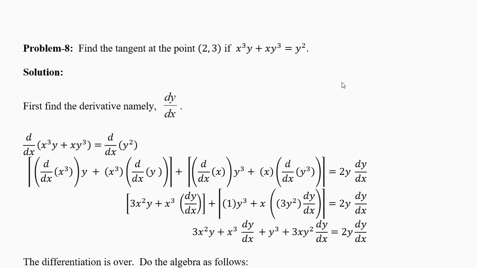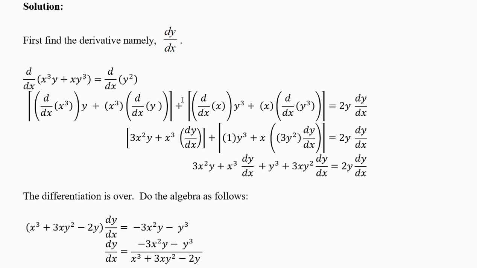Now the last question of this topic. Find the tangent at the point 2 comma 3 if x cube y plus xy cube equal to y square. The first step is to find dy by dx. Then calculate the slope, then use the equation of the tangent line. Tangent is a special line which touches the curve at one point, and at one point is 2 comma 3